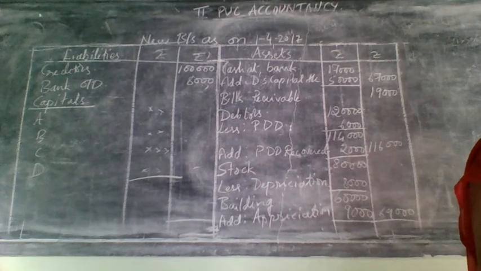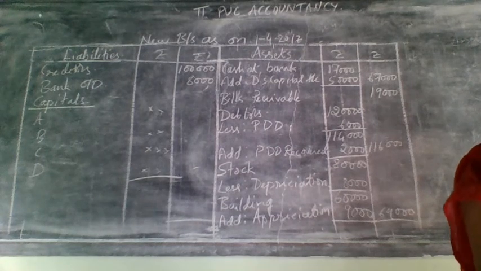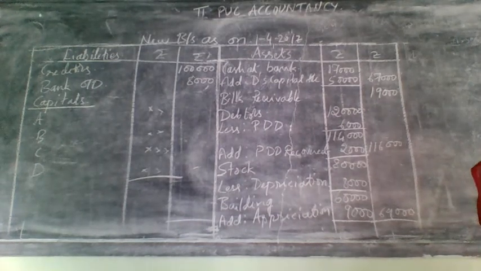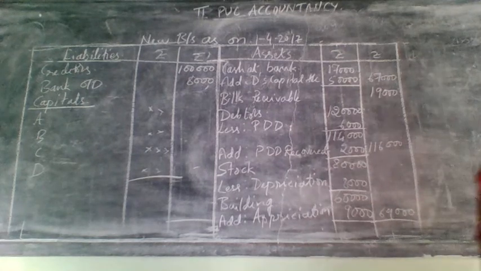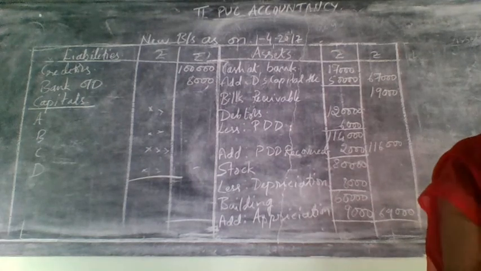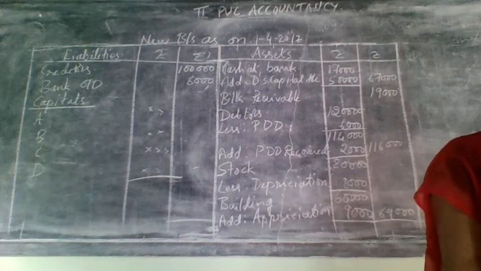Eighth problem, he should bring 30,000 as capital and 18,000 towards goodwill. And the very next adjustment, they have given half of the goodwill was withdrawn by the old partner. I think this also I have done. This is also related to case 2. Half of the goodwill, instead of full, they have withdrawn half. So half you need to take it on the debit side of partner's capital account.